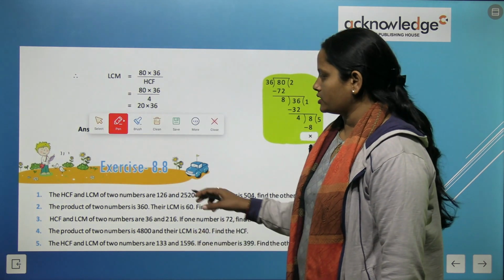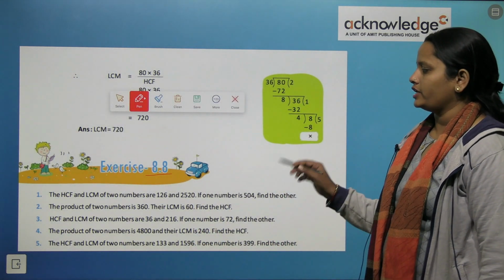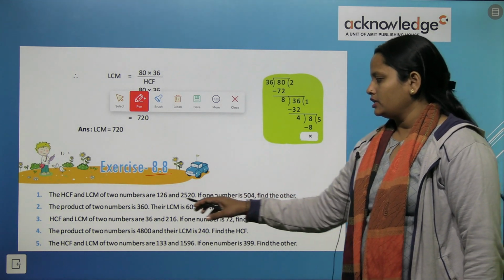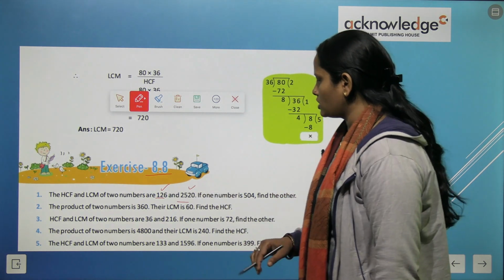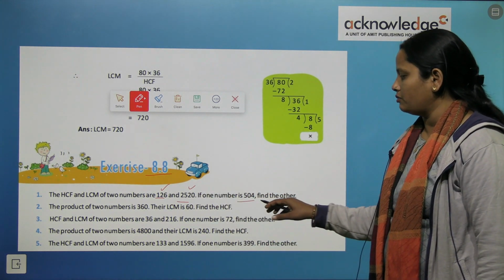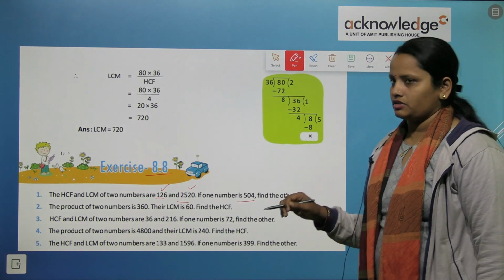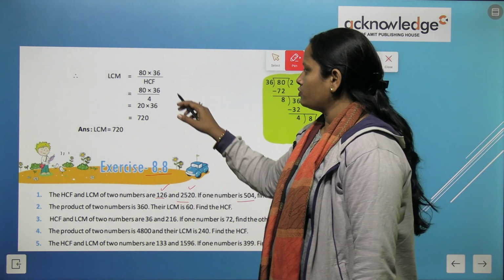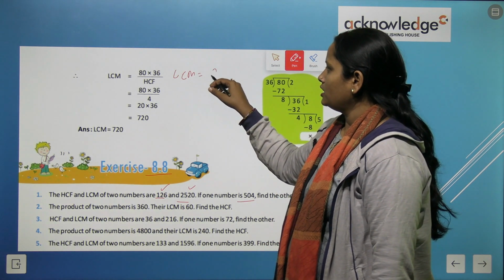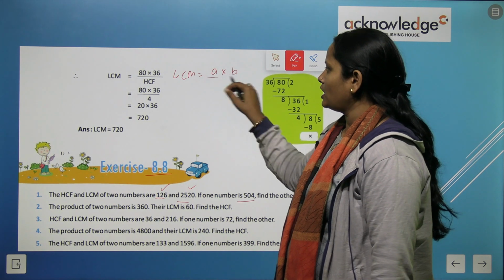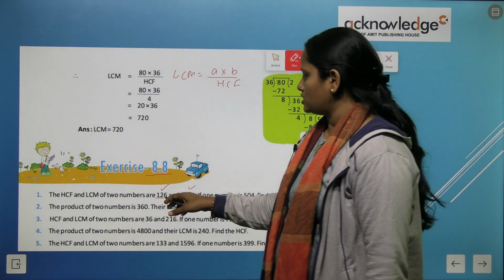Now let's do this exercise 8.8. Here the first question is the HCF and LCM of two numbers are this and this. तो HCF ये है और LCM ये दूसरा number है. Find one number. If one number is this, find the other. So we have to use this formula, children, that we have learned. So what was the formula? LCM is equal to number A multiplied number B upon HCF. तो LCM हमें पता है,